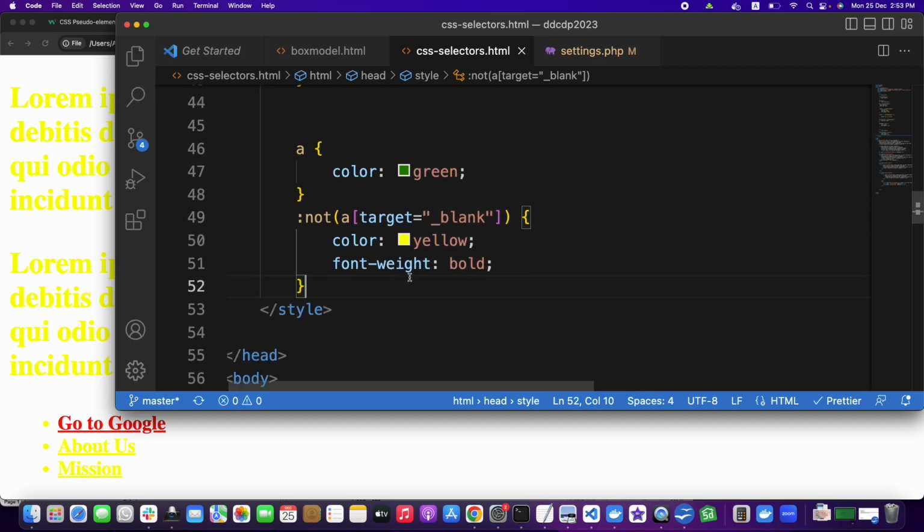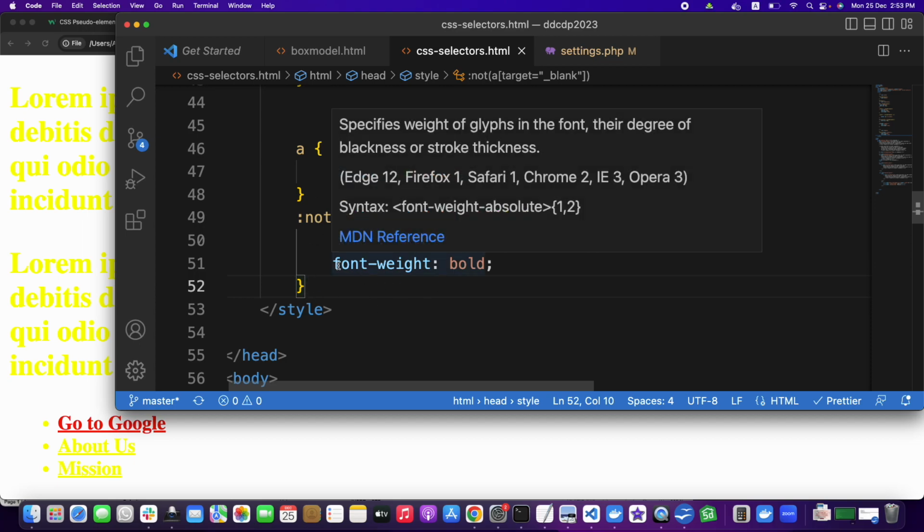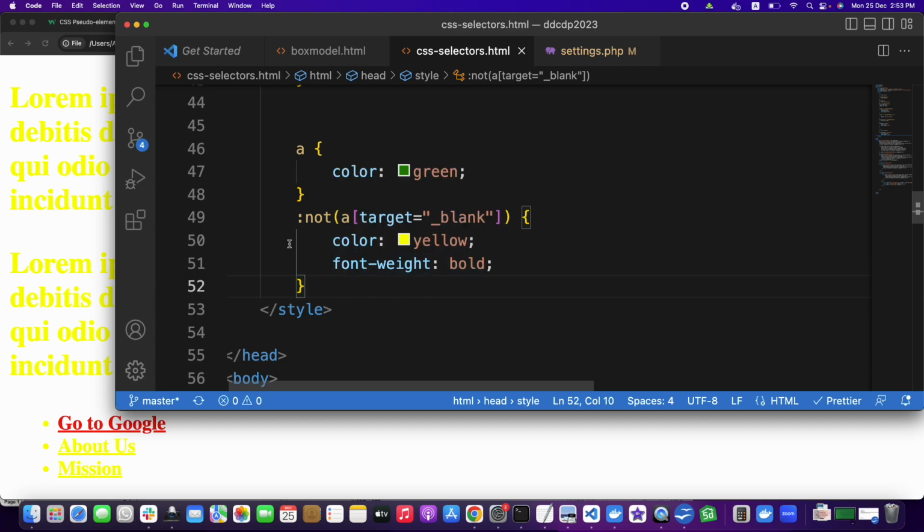Again, please let me know about the problem. Yes, sir. What's the problem? Sir ji, without the target blank, I'll have a color yellow and with a font, yellow, because all of the elements are not these. Exactly. Yes, sir. So that's why it has made pointing. So what we can do is